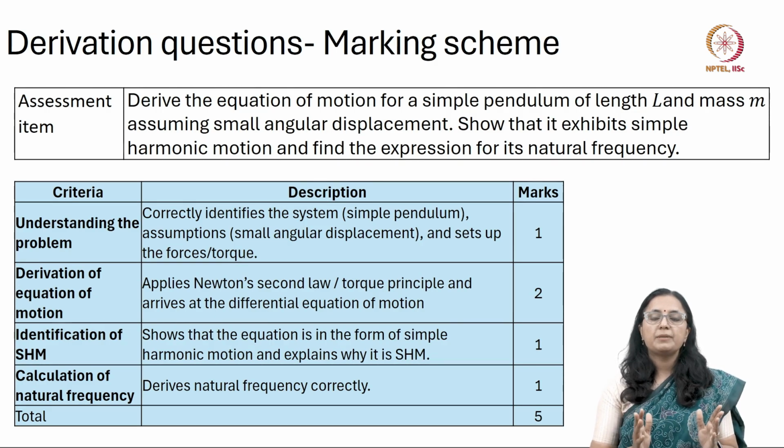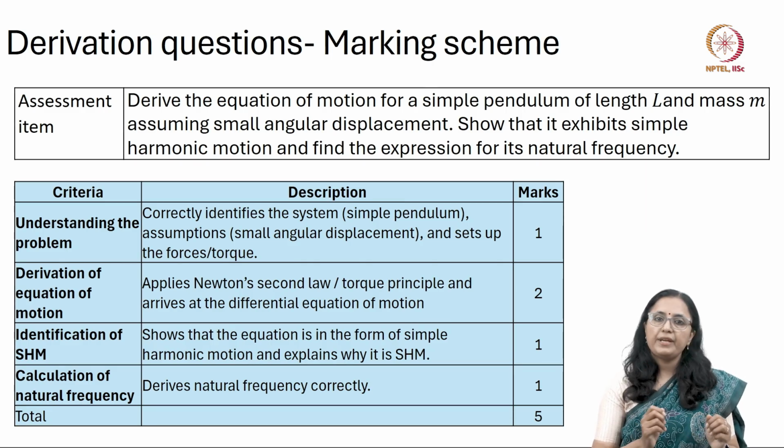So, through this particular criteria, if suppose a teacher has say 100 students in the class, and the teacher is assessing and evaluating these 100 students' responses, if we have a marking scheme, our evaluation will be more objective in nature, and whatever biases we have, those biases can be eliminated.